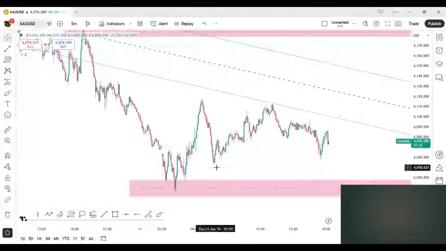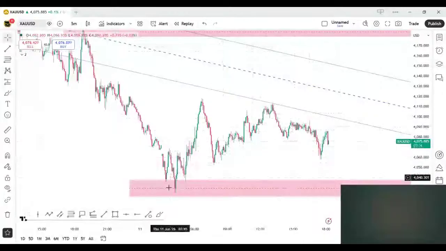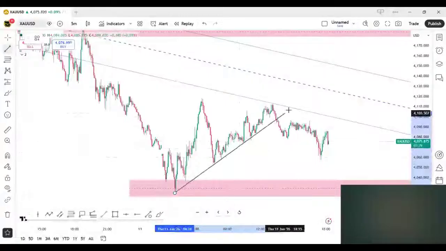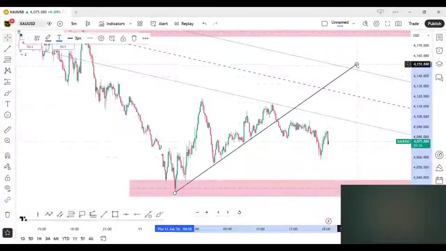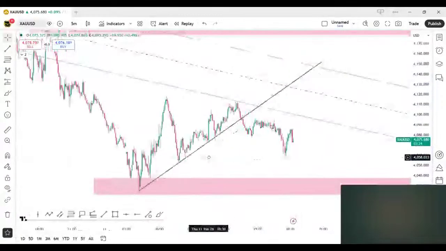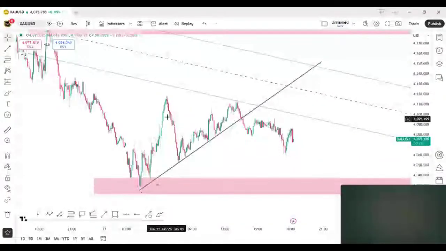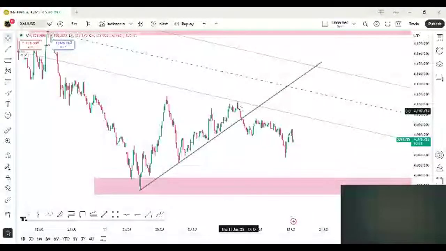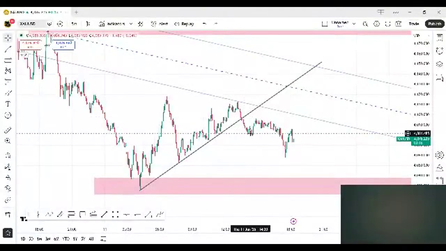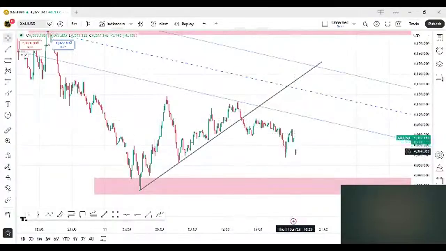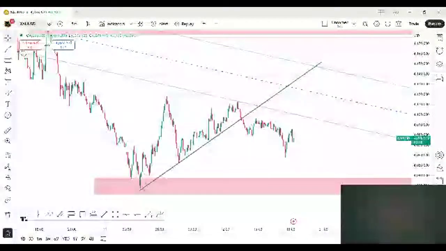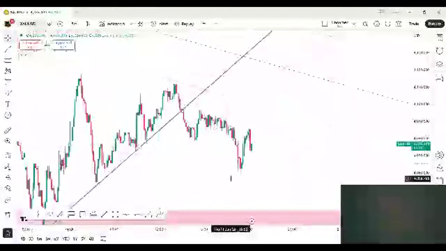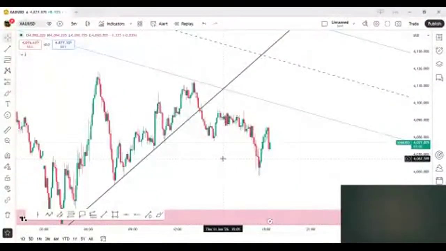Now again, if you look at this zone, in between this zone the market is just creating some structures. Let me mark these structures for you guys. The market was just pushing upside, creating the trend. Then here the market breaks the trend, gives us the retest, and right now is again looking for further lows. So right now we have only one potential zone area, and we look at that area very, very carefully.